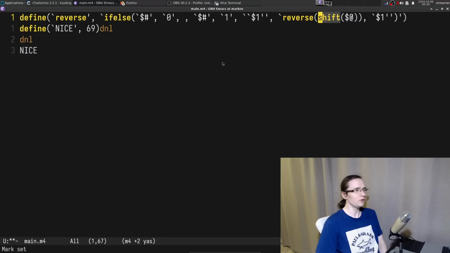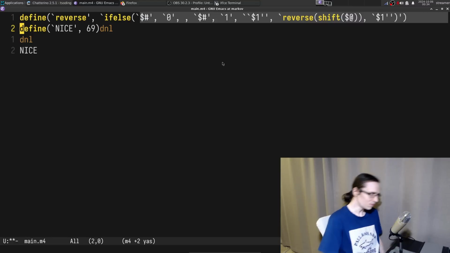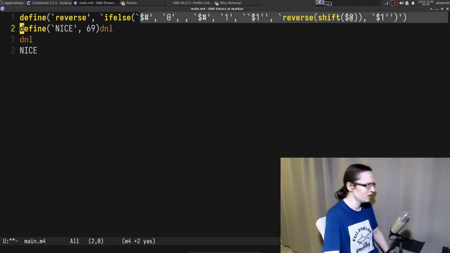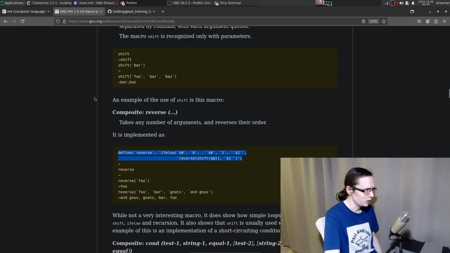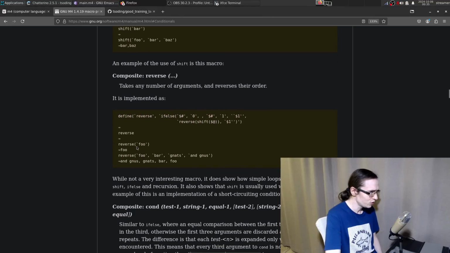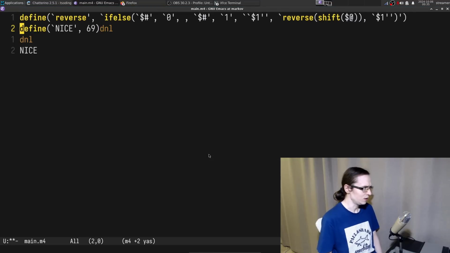And then you just shift. It probably has something to do with the meaning of this stuff. So the meaning of this stuff is kind of special. So you do reverse. We can even try this entire thing.